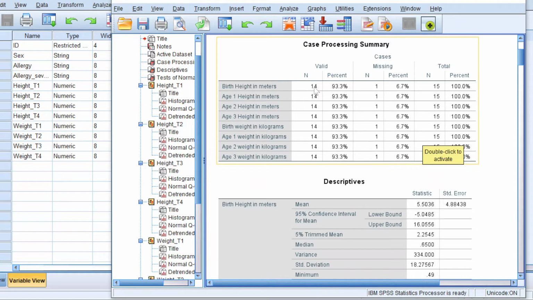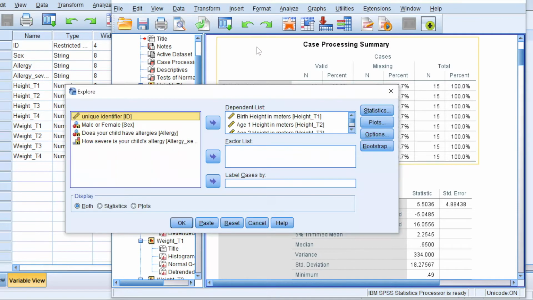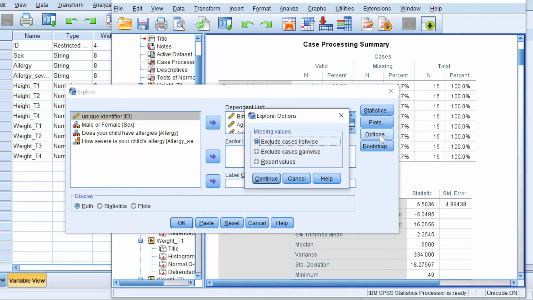And we can actually choose under that Options tab something a little bit different to make sure that we will actually have all these variables included. So this button here actually will allow us to recall our most recently used functions. So instead of going back up to Analyze and going through the full process again, we can click this drop down. We can see all the last things that we've done, and we can click Explore. Now this Options tab